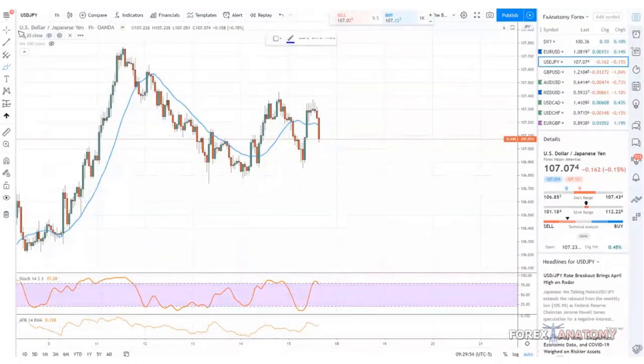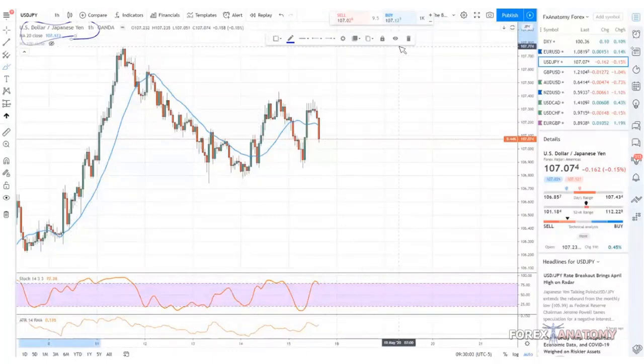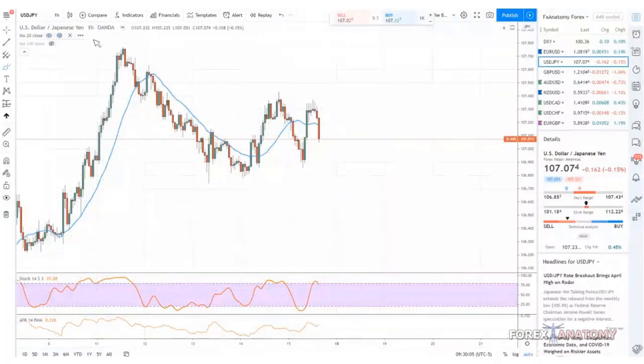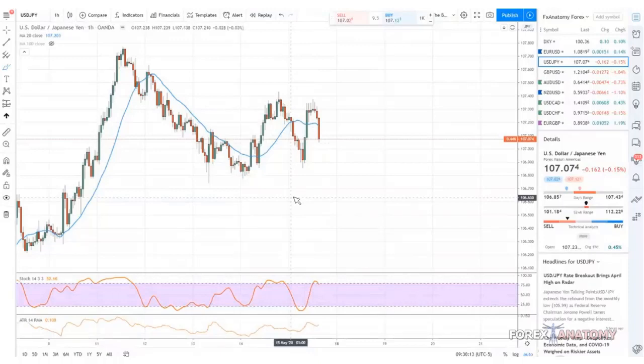Now, if you look at this chart right here, we're trading this pair right now: the US dollar versus the Japanese yen. When you see all this price movement with these candles, which we will explain later, that's what we're trading. Whenever you go to Japan, you have to convert your US dollars into Japanese yen.